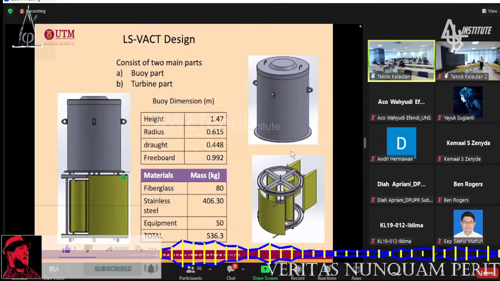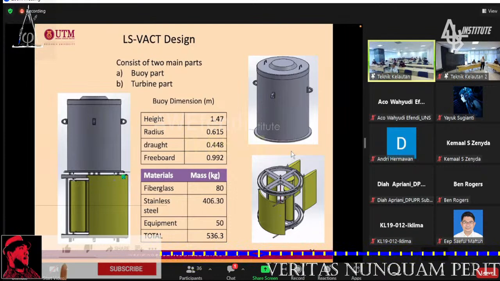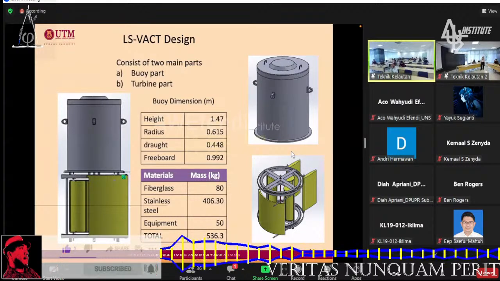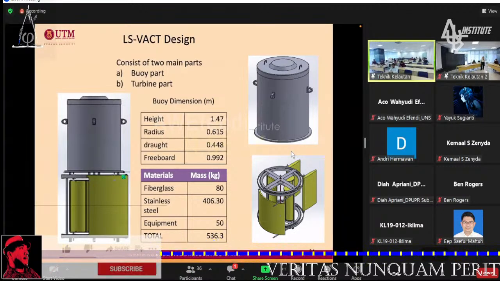So then we start to design the turbine. Since the turbine needs to be floated near the surface, it has to have a buoy. And inside the buoy, you have the pulley system and the generator. So its function is just to float the turbine, and it also has space to put the generator and the pulley. So basically, this is the shape of the turbine. And we have an extra bit here, which we didn't really implement. It is just to improve the flow of the